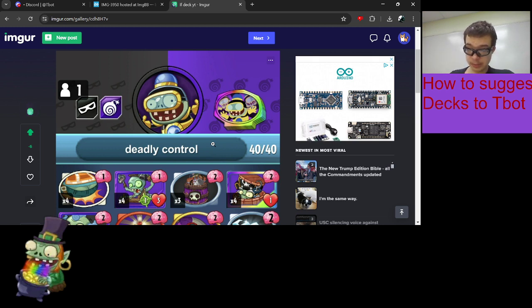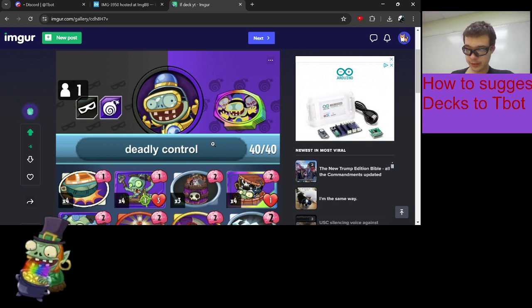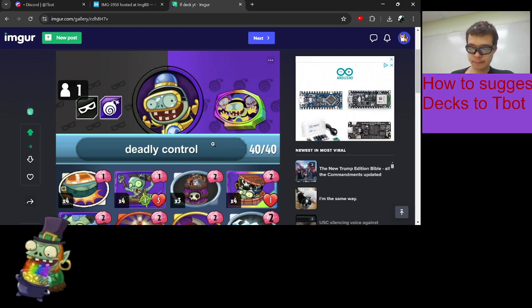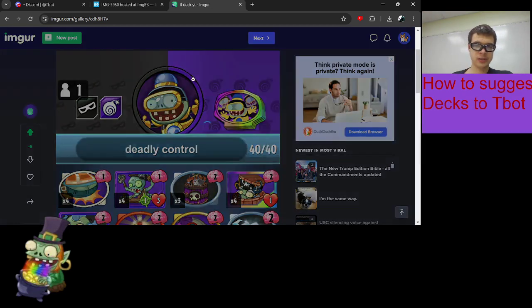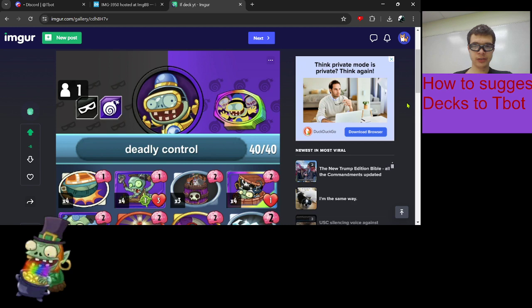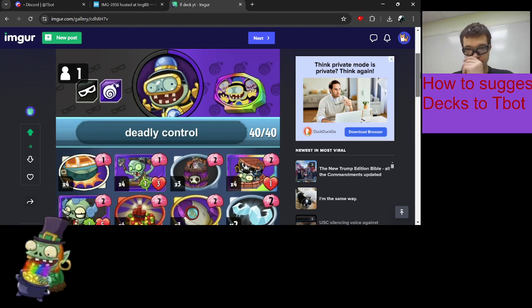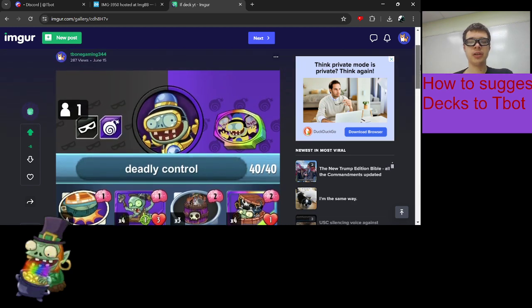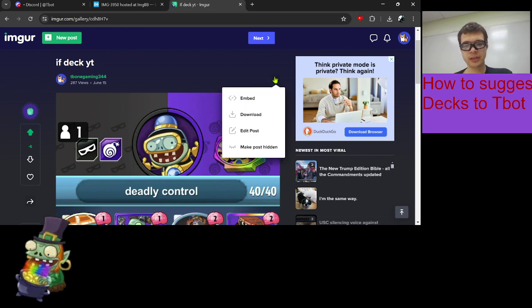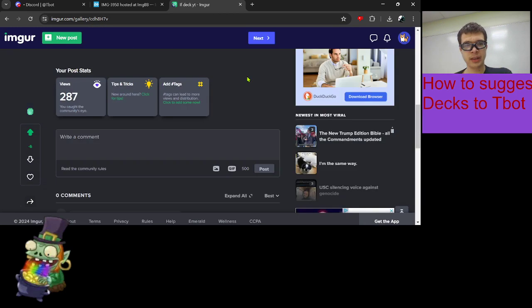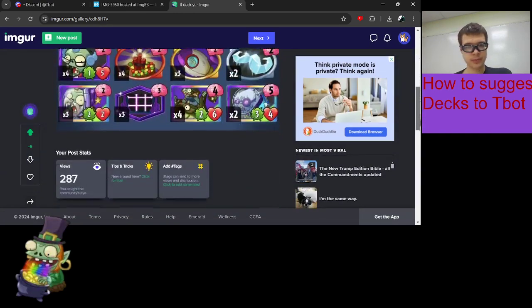A recent issue that's been happening with Tbot, which I kind of fixed, was that people were uploading links to images that weren't actually the image link, that didn't properly link to the image. I think Mono was forced when we brought this issue up, but I think the way they did it is that